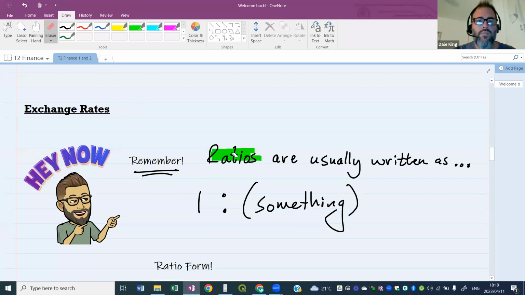But often, in fact, in the old days, exchange rates used to be expressed as ratios, right? In math literacy, they often still represent exchange rates as ratios, okay? And remember, ratios are usually written as 1 is to something. So 1 is to something over here. Okay, so you often see exchange rates written in the same way, okay? But now the word rate